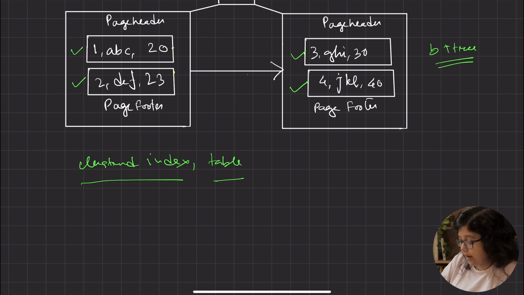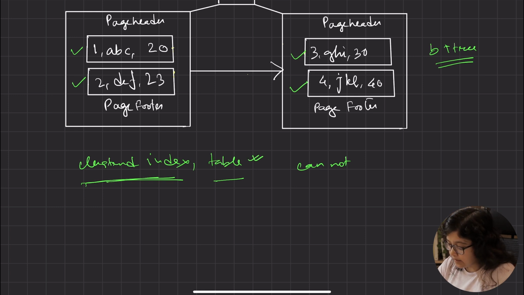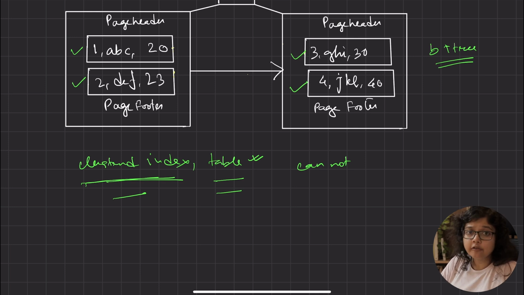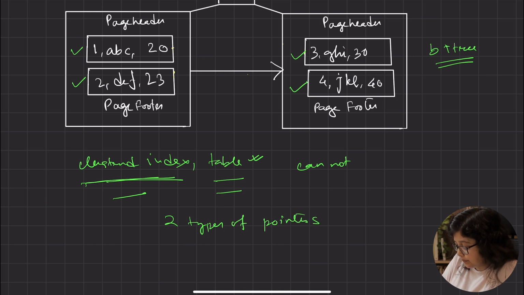That's why we cannot have more than one clustered index for a table. If the clustered index and the table are stored separately, in that case we could have multiple clustered indexes for a table, but that is not the case. Though the records are sorted on the basis of their key, that does not mean that they are stored contiguously. But still it will be easy to fetch them because of the 2 types of pointer that we have discussed in the data page section.